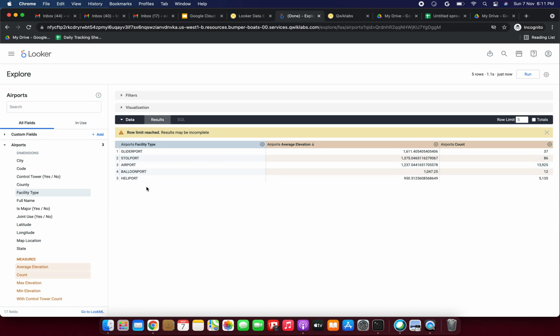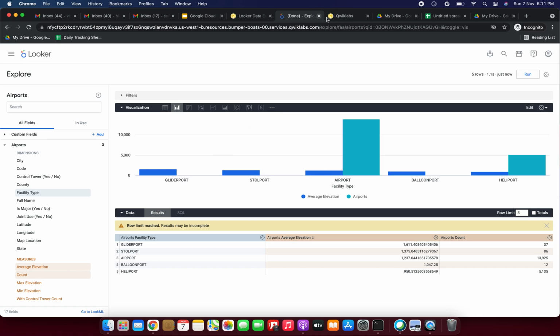Okay, likewise it came. Airport count we can see here, 37, 86, 13,000, 12, 5,000, something like that. Average elevation also it's coming. Okay, fine. So next what I need to do is just click this visualization, expand this visualization, and